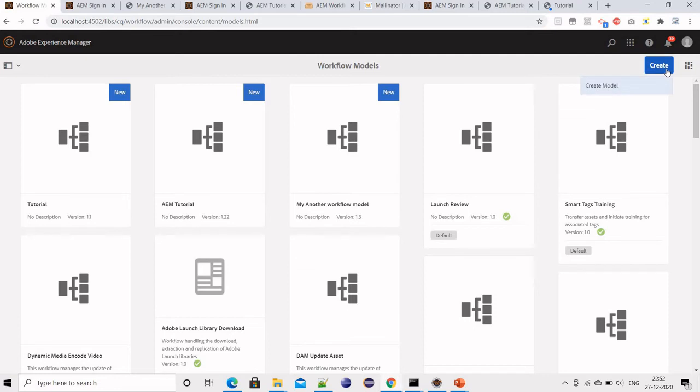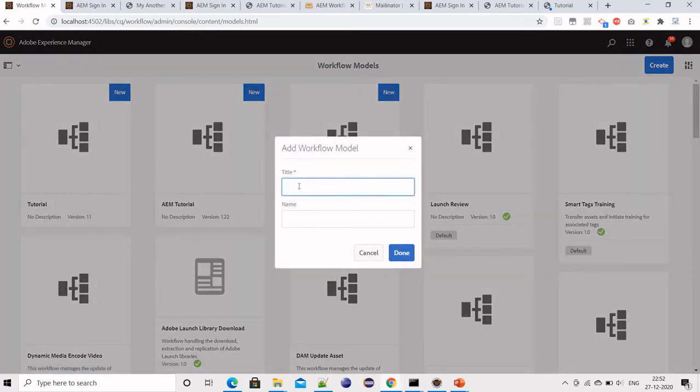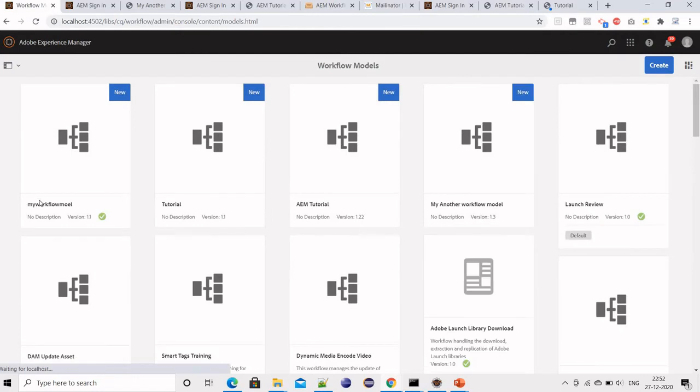So we click on Create and then Create Model, and it will ask you to give some name. Give some name, maybe My Workflow Model, click on Done, and it's created.